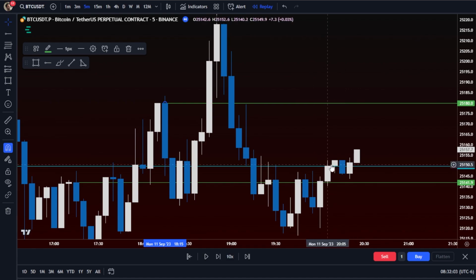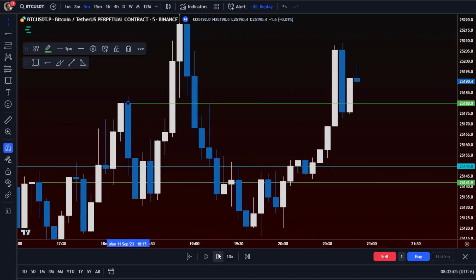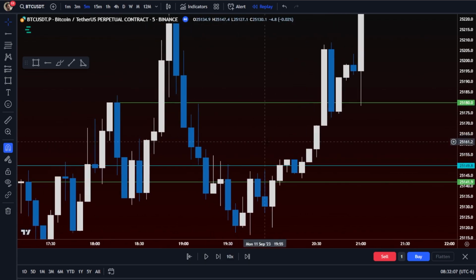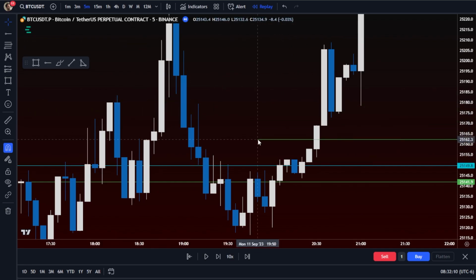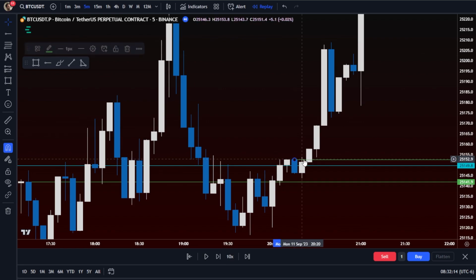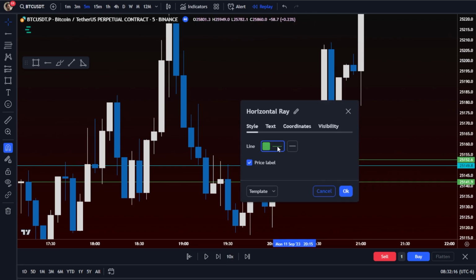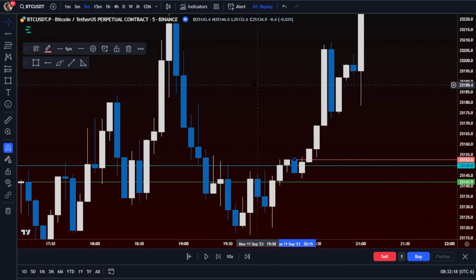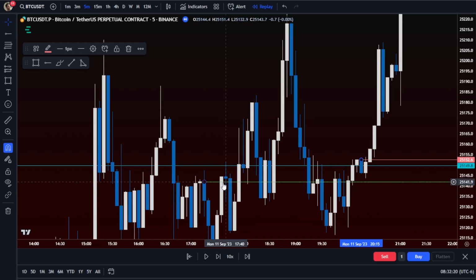At this point, I don't really see any entry to be left on this move. And that's probably where it just goes straight up, right? And so I'm going to take this level. I'm going to move it to, we break that there. You know, once you gain this 5, getting over top of that 5, the move is over. Like it's gone. You have to have been in that trade. So really the 15-minute is the entry here.